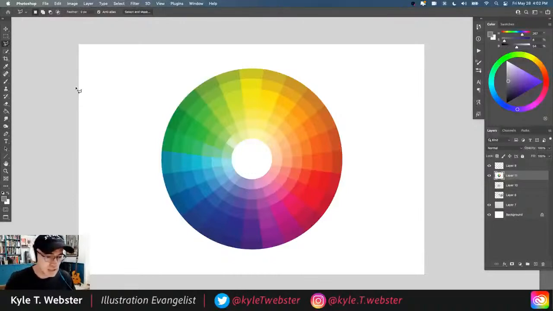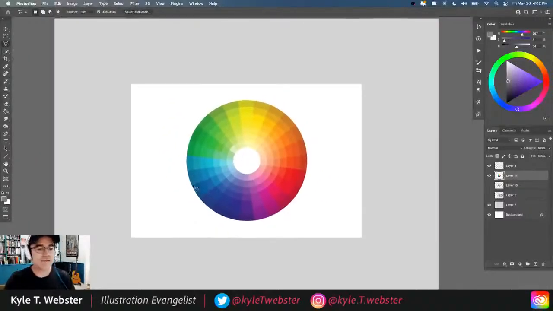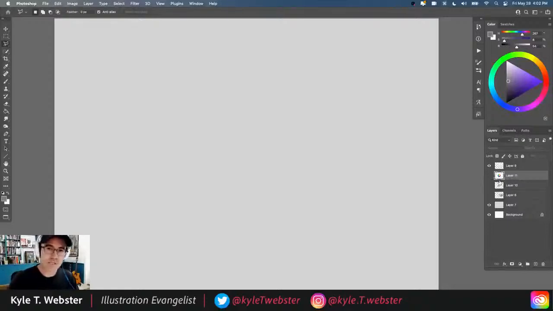You've probably all seen this a million times, the little color wheel. Now, we're going to come back to this, but I just wanted it to be there for us to have as reference a little later. But to keep things simple, I wanted to start with the method I use most often